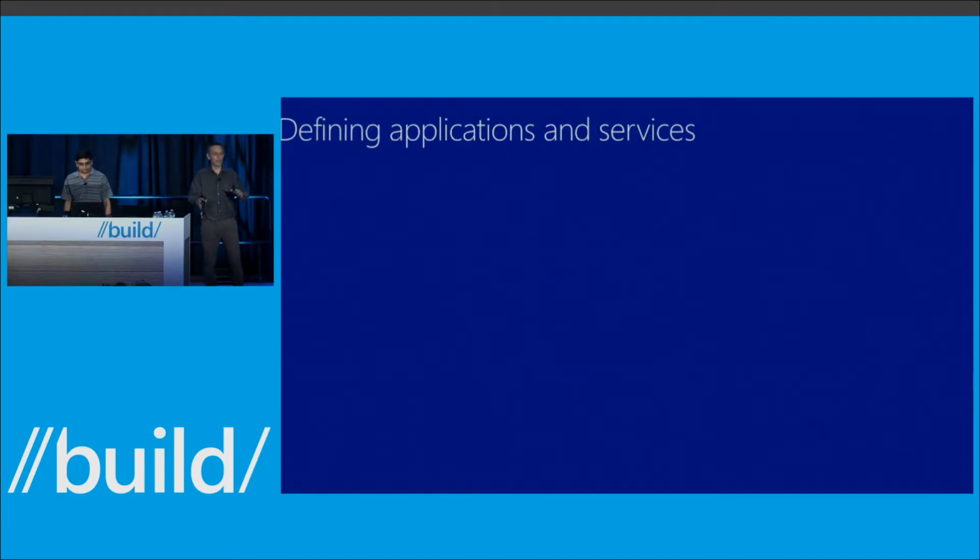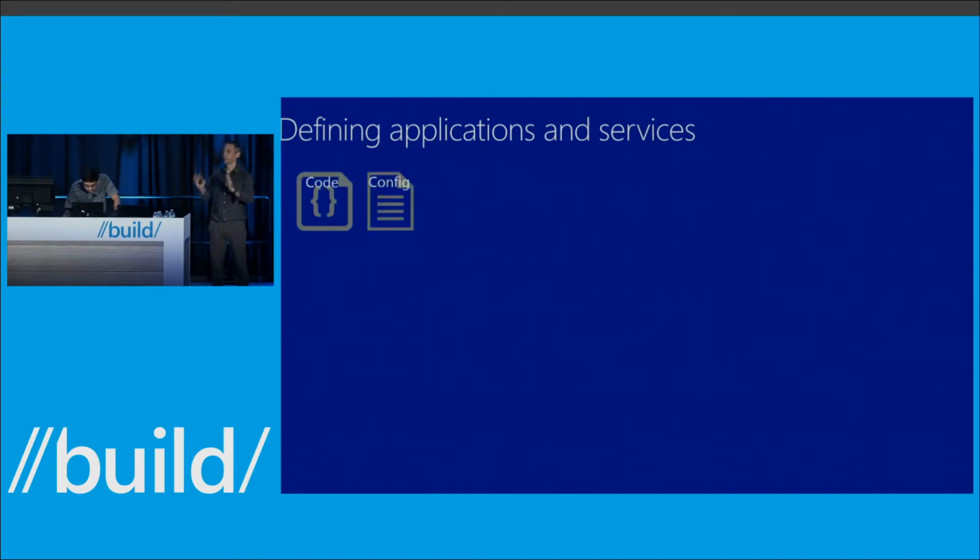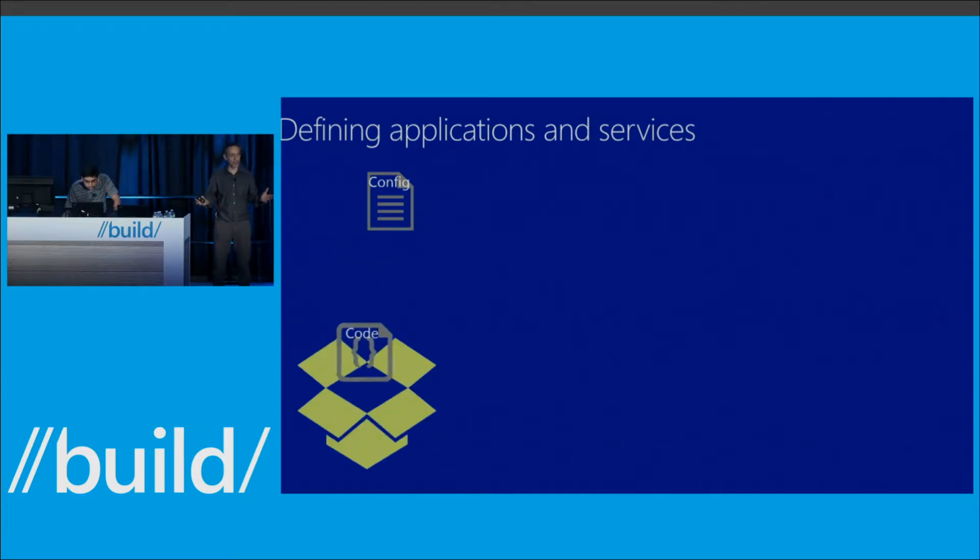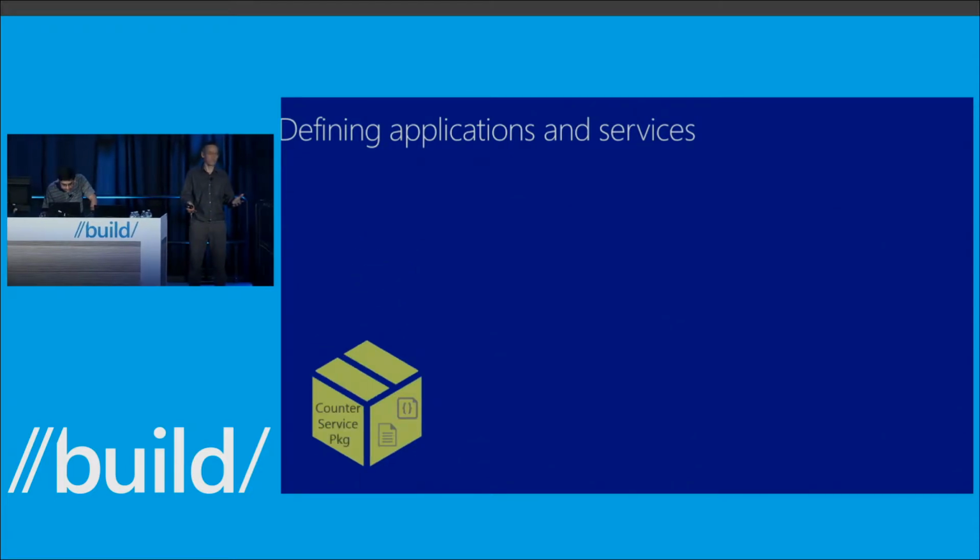OK, so let's talk a little bit about what you saw, and we'll build on another concept here about how we package, deploy, and instantiate these applications. It helps you understand how the microservices concept is very important and how you think about architecting your applications. At its core, you think about writing some code that typically also has some configuration associated with it. You take that code and configuration, and you package it together, and you put that into what we call a service package. That package has a manifest representation of it, and this represents a unit of deployment. Think of this simply as a CLR type.